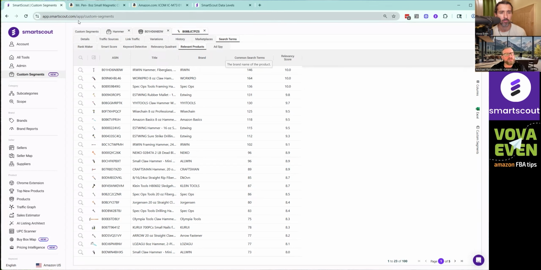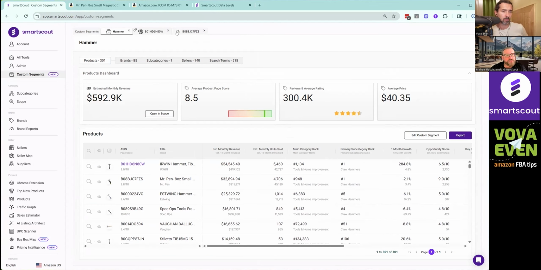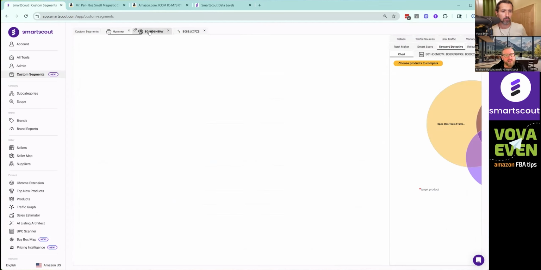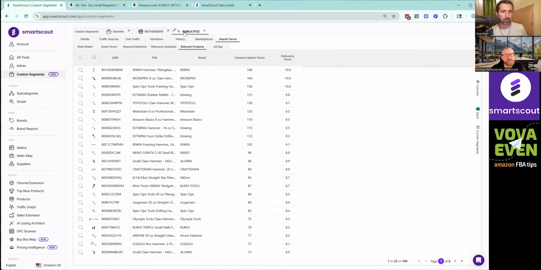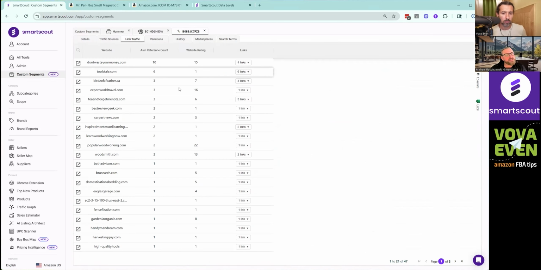So where are we in SmartScout terms? We created a segment here, and that's where we started doing this hammer research. And then we started exploring two different products. One cool thing that we recently added is called link traffic. And what this does, this is actually a good example. This hammer,